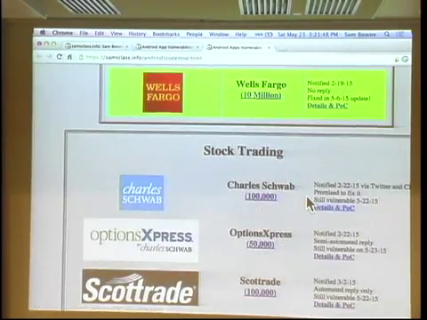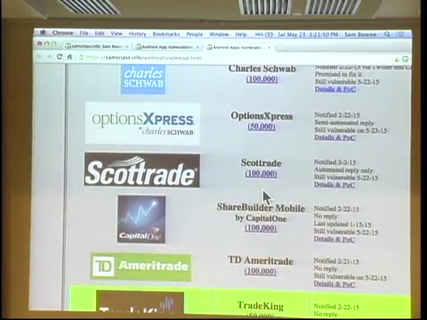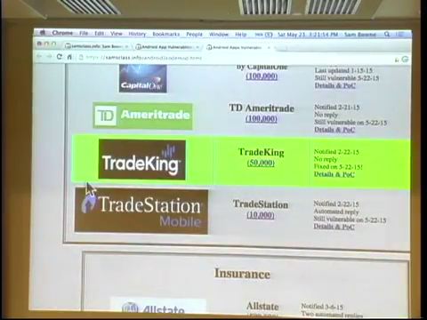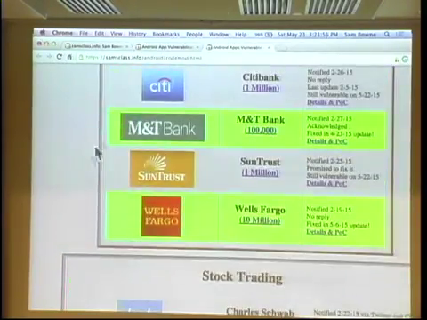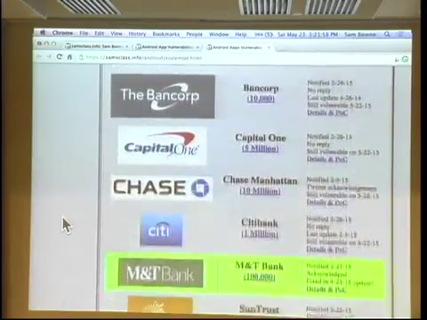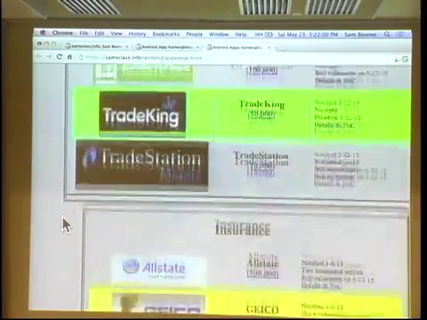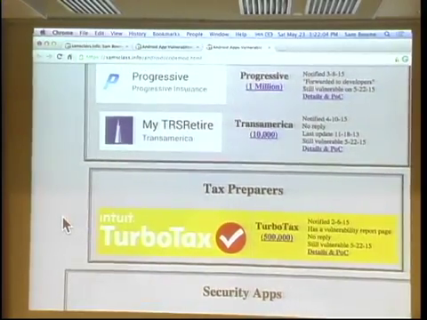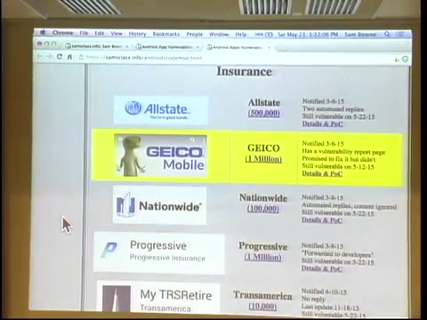Charles Schwab is still vulnerable. All these trading apps are vulnerable. And TradeKing, however, is one of the few that did fix it. And here's the others: Wells Fargo and M&T Bank. Those are the only three people that actually fixed an app. Now, you'll notice down here in insurance companies, Geico and Intuit TurboTax get yellow because they didn't fix anything, but